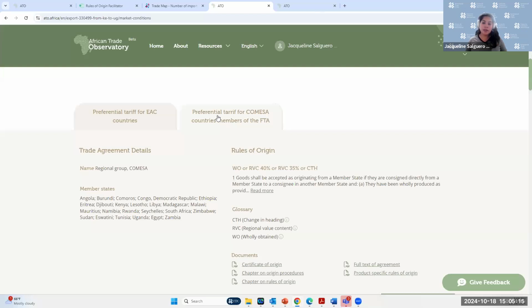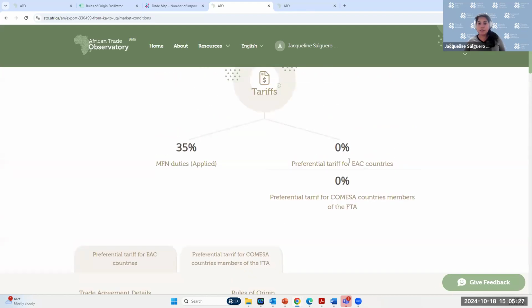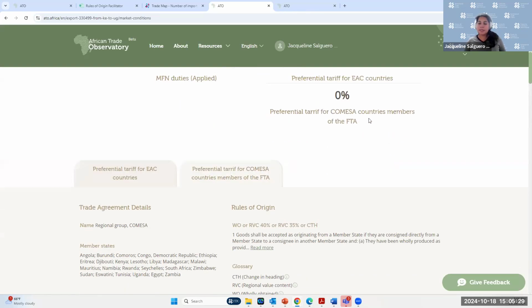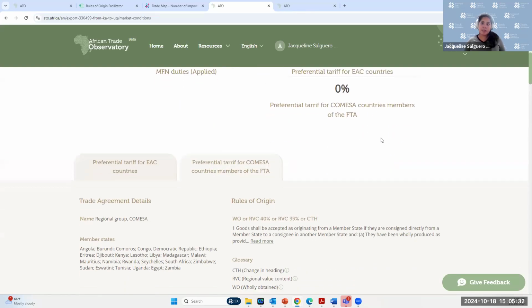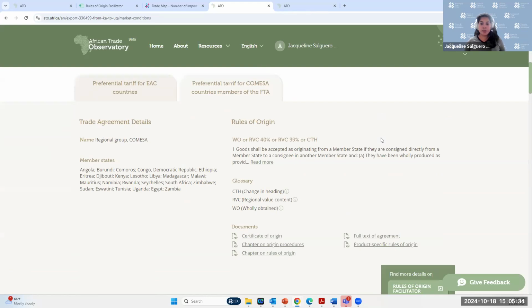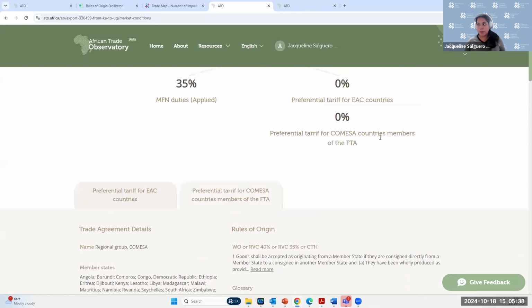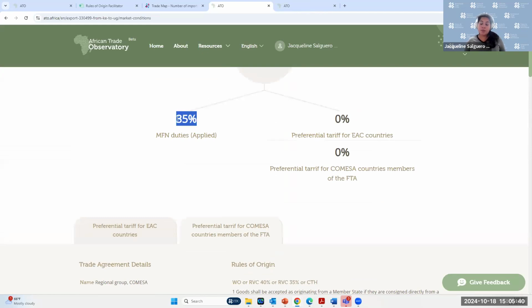And in addition, as AfCFTA gets implemented, we will be adding the AfCFTA agreement. So you will have 3 agreements to compare and to define whether you can benefit from this 0%. This 0% doesn't come automatically, and that's where the concept of rules of origin comes in. You need to fulfill the rules of origin to be able to benefit from this 0%, because the standard is 35%, which is quite high